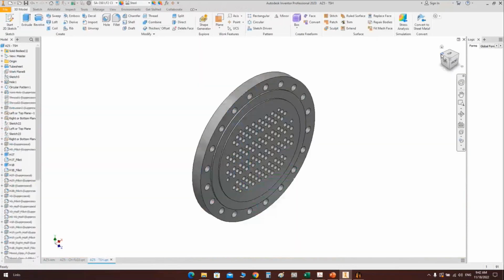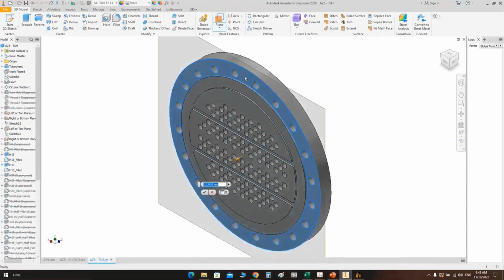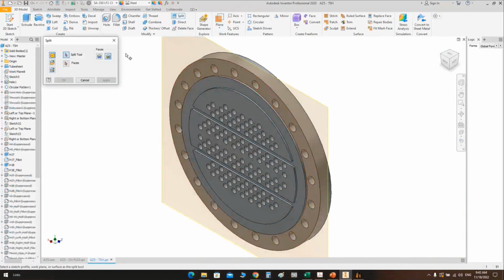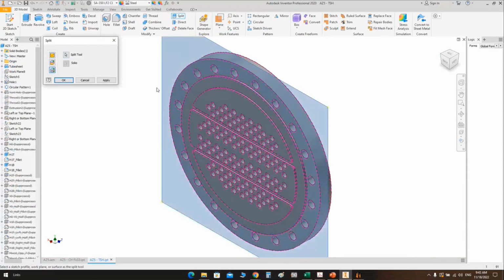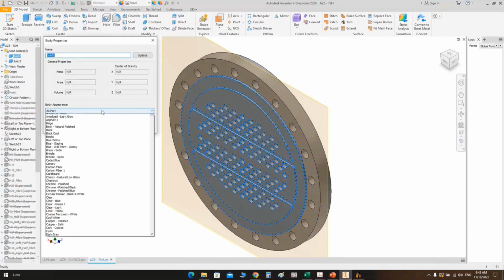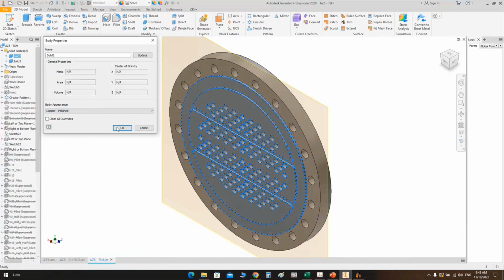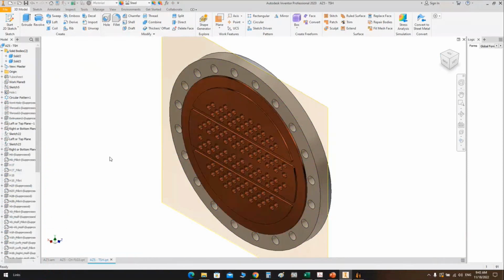And on that side, we will make a working plan here and make a split to split this item to separate solids. And the first solid, we convert the material of this one to clad, so copper polished, and let's remove